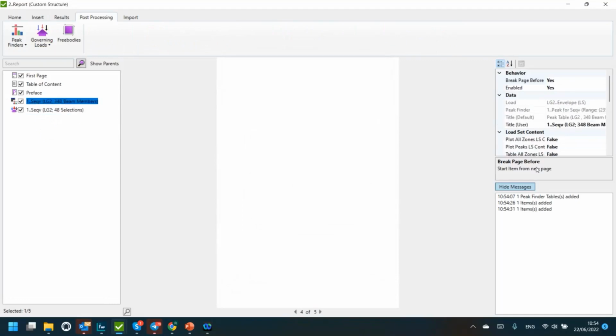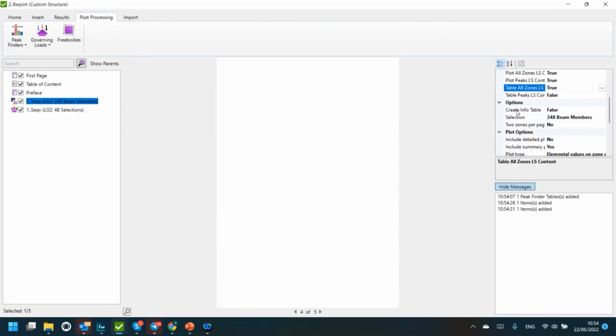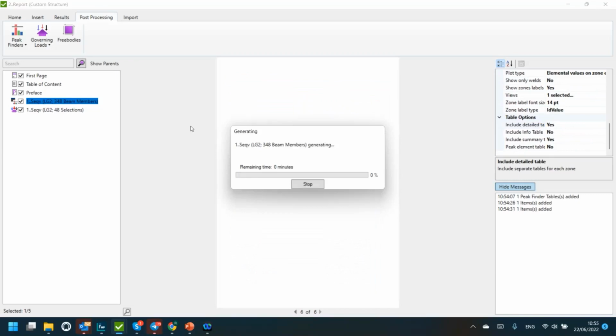and I show that for all the details, I can plot all zones on top of the picture, load set content. I can create a table with info. I can include a detailed plot for each of the zones, a summary plot, and so on. And so then you generate your table. That might take probably a few minutes, because I have quite a list of zones. This is more than 380 items. But some of them are basically already generated, so we can interrupt the process and see what is already generated, just to see as an example, and not wait until it stops. If I click stop,